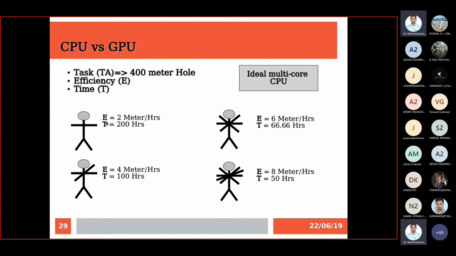You can relate the first example to a single core, and the second example to a dual core. Then maybe here we have 3 cores, and maybe here 4 cores, right? Likewise, we can relate this to a multi-core CPU. This is how your CPU works, even if we have multiple cores.